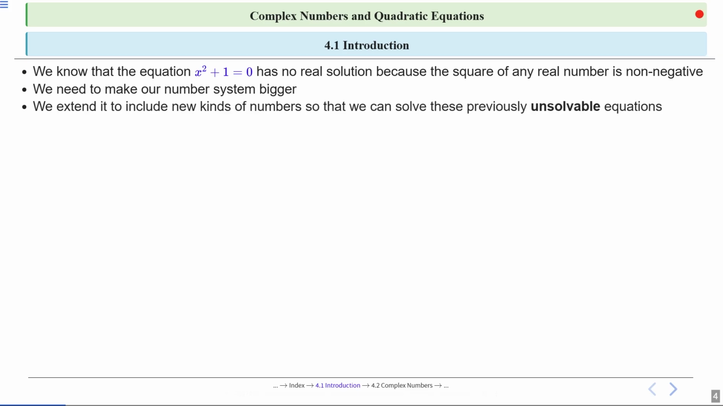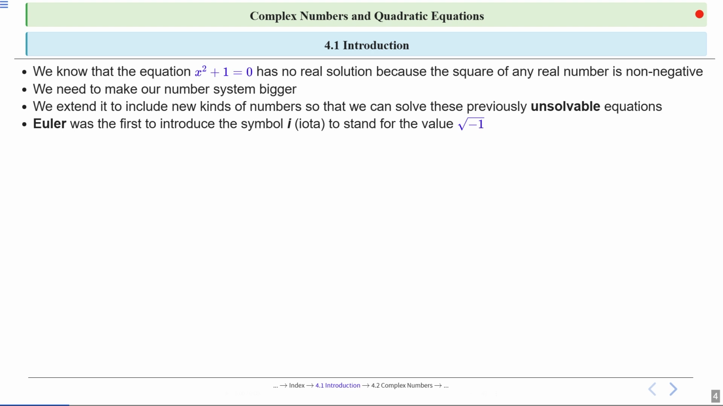By expanding our number system, we can start to solve equations that were previously unsolvable. This means we introduce new types of numbers that allow us to find solutions where none existed before. This is a big step in mathematics because it opens up a whole new world of possibilities. Historically, the mathematician